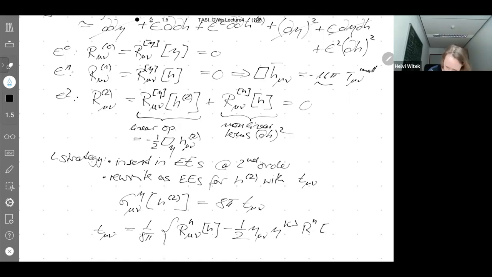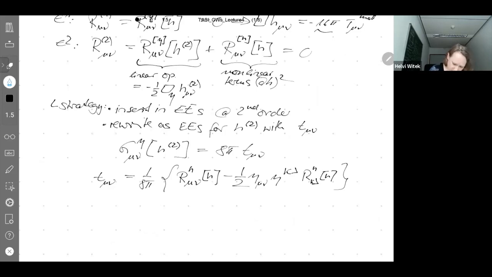Okay. H and kappa lambda here for the trace. And this energy momentum tensor, or pseudotensor, I should be saying, is actually well known. So this T mu nu is a Landau-Lifshitz pseudotensor